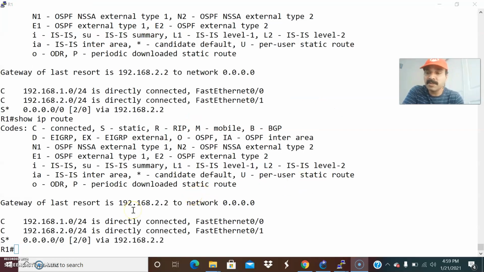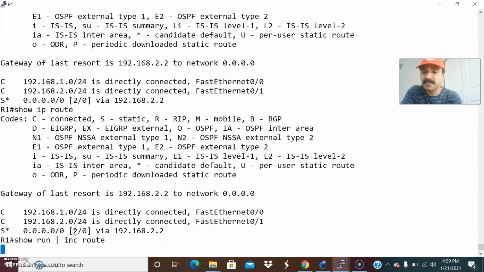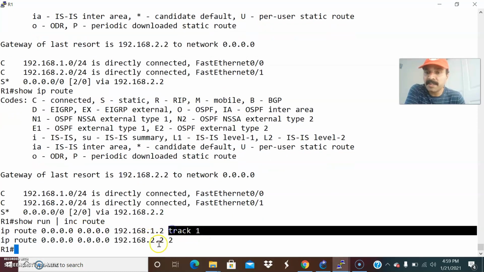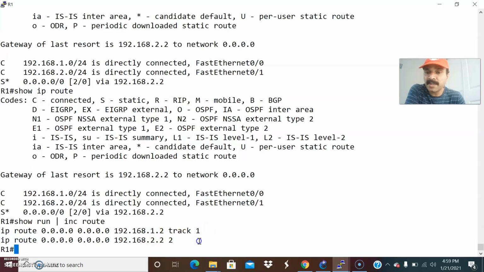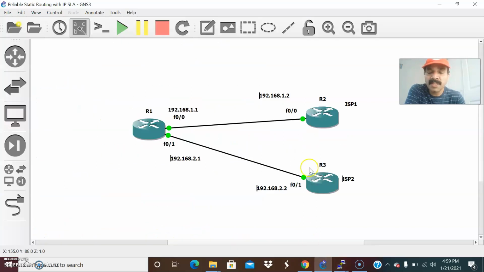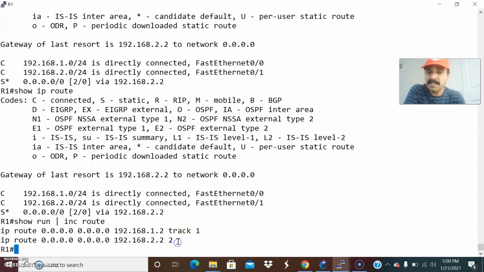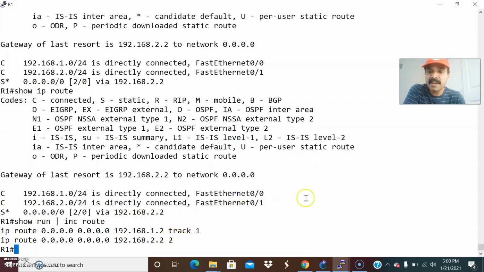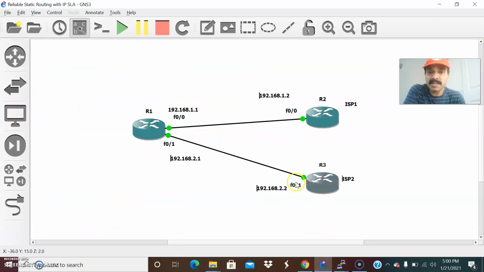So you are able to see, right? You are able to see the static route, and this is the route I configured. Show run include route. The first route I configured to 1.2, and I provided the track command. So always keep it in mind, after providing the track command, I use track 1, then you have to provide the object, right? Instance object. After that, the secondary route I pointed to 2.2, and here I have increased the administrative distance. This route is what we call a floating static route, because in case this goes down, it should automatically switch over. So automatically after shutting down that interface, it switches to this interface.